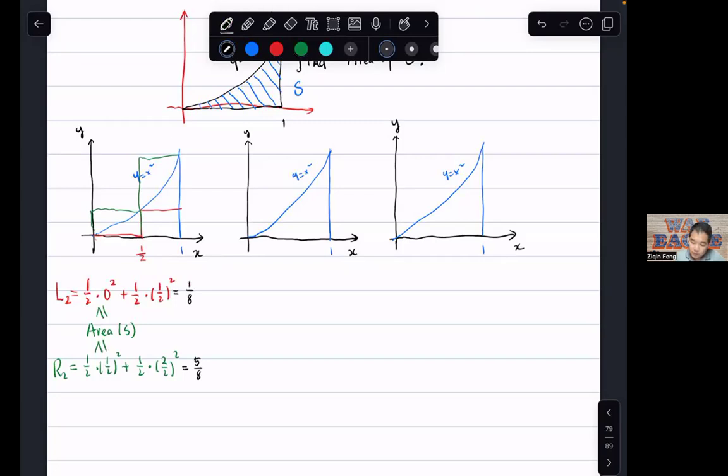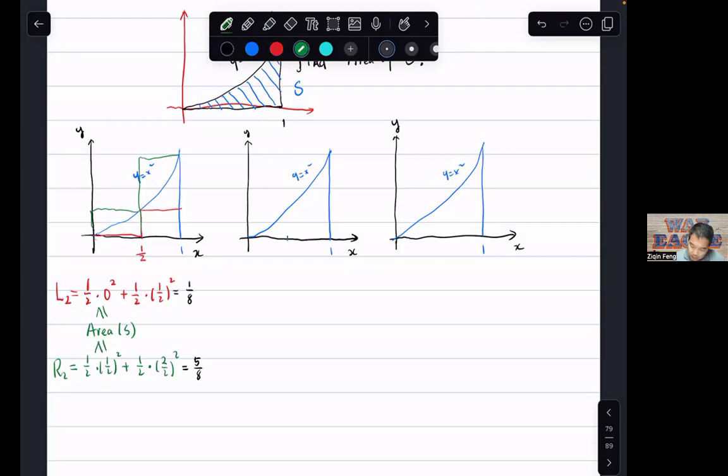So how do we make our approximation better and better, right? Think about that. This error is very big because your stripe is very wide, right? If your stripes get narrower and narrower, thinner and thinner, then the approximation will get better and better, right? So let's try to do it one more time. If you divide this into 4 subintervals,